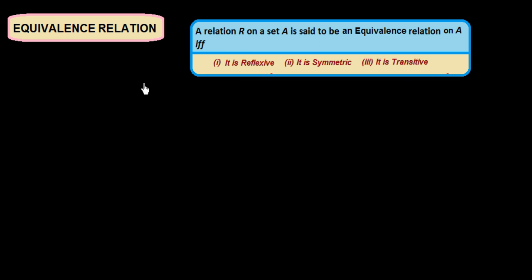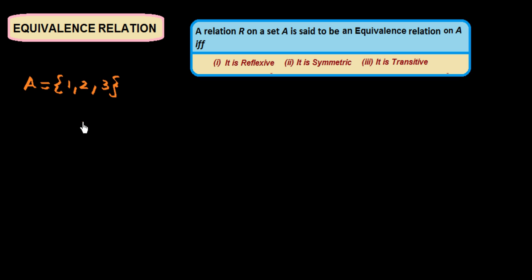Now we see the equivalence relation. A relation R on a set is said to be an equivalence relation on A if it is reflexive, it is symmetric, it is transitive. So if all the relations reflexive, symmetric, transitive are there, then it is called the equivalence relation. Just like if we have a set {1, 2, 3}